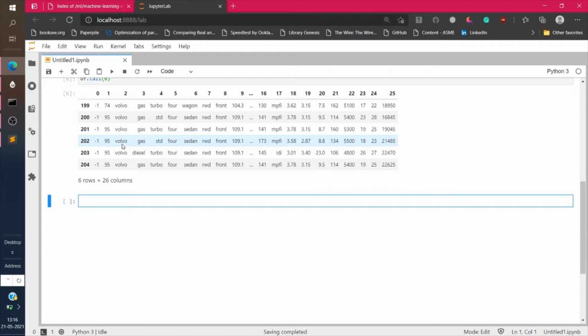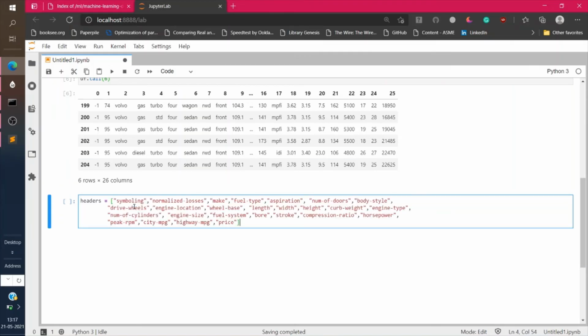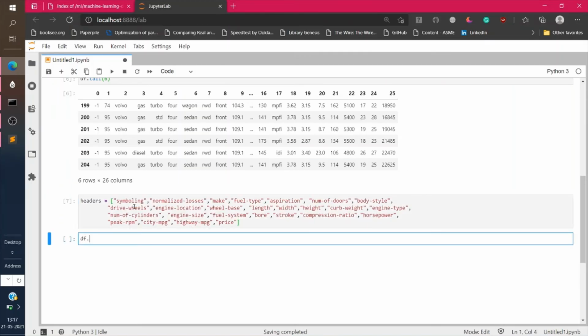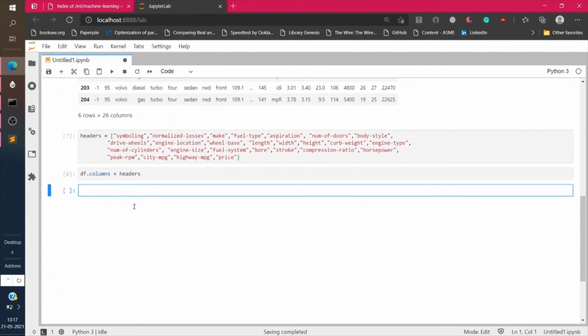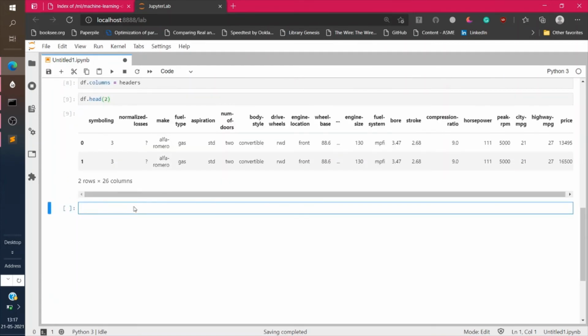We first create a headers list with the column names and then set df.columns equal to headers to replace the default integer headers with the list. We can notice that the correct headers are placed at the top of each column.